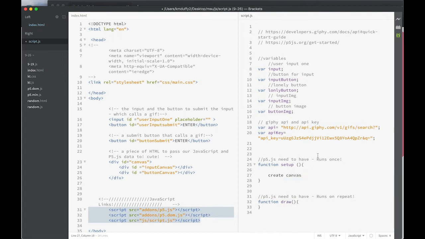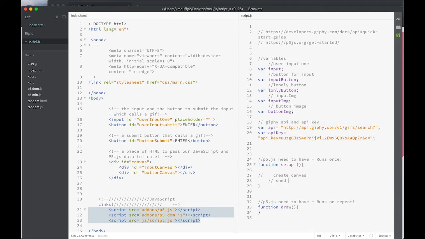All right, and a canvas is sort of the thing that you draw to. So you create a canvas with JavaScript. You can also create a canvas with HTML. We're going to make it with JavaScript, and we're going to be able to draw to it through some JavaScript functions. So we're going to create a canvas, and then what we're going to do is